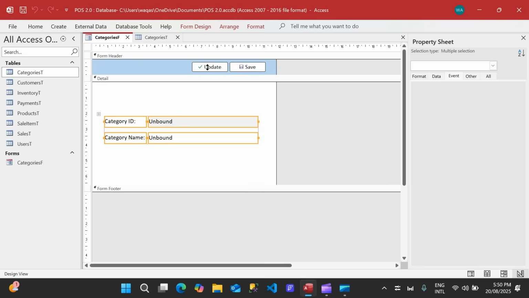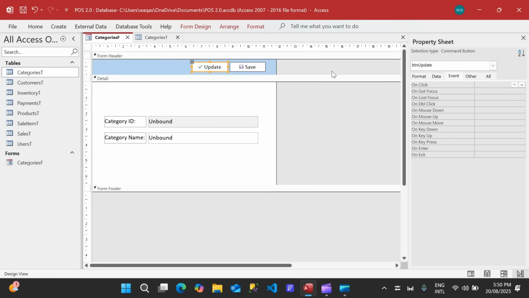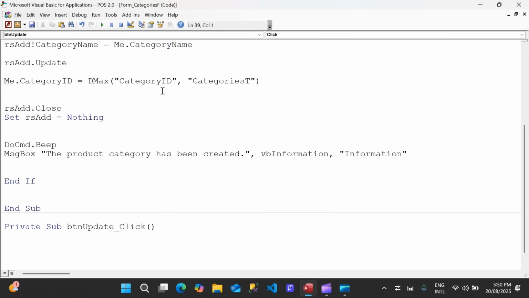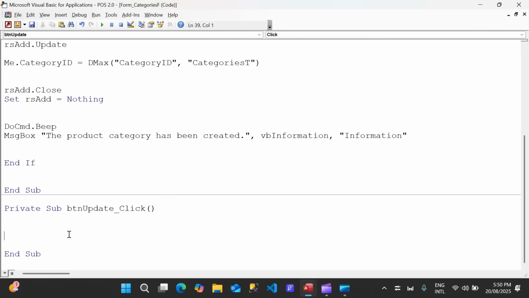Now let's do a code behind the update button. How about that? So we'll select the button, go to the event tab, click the dot dot dot, and say code builder right here. So this is going to be kind of similar, but a little bit different. Okay, so we'll say here, if